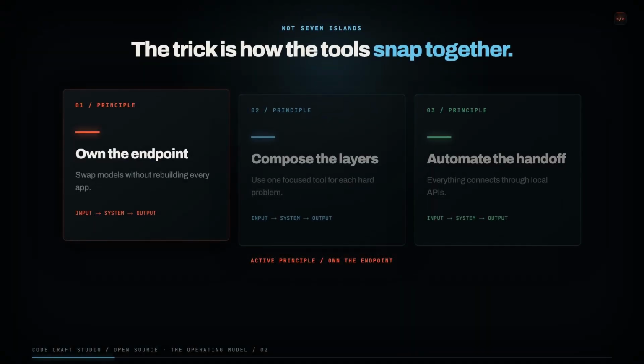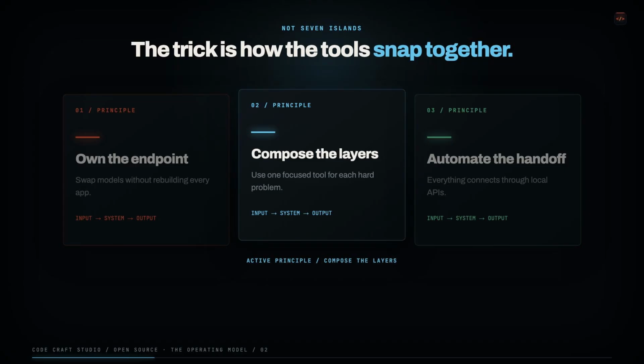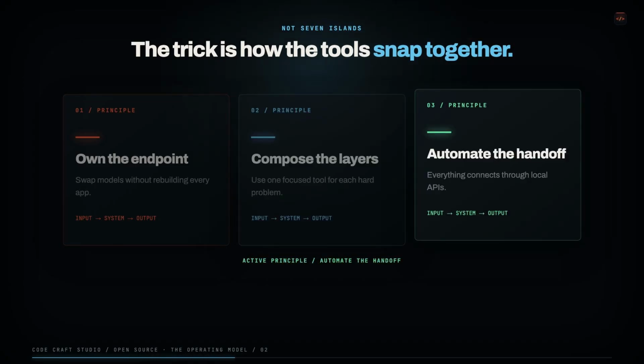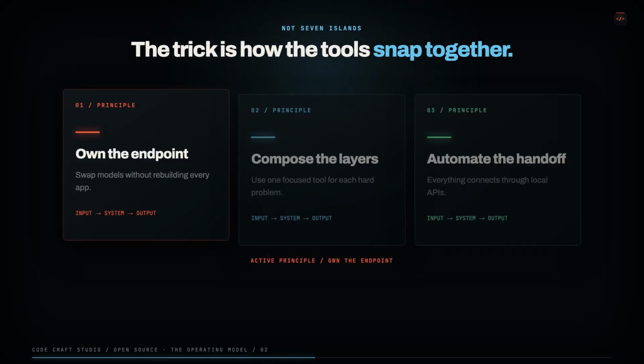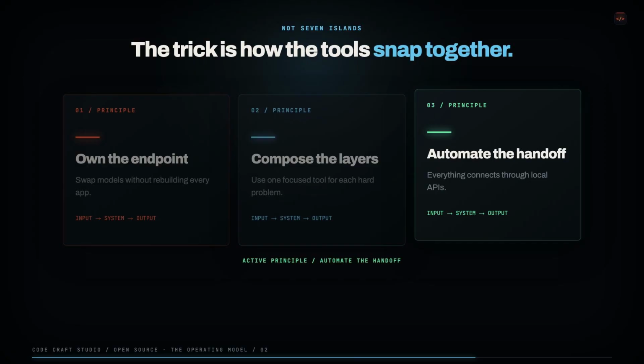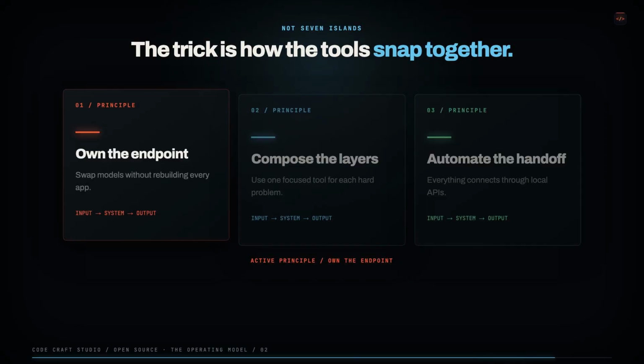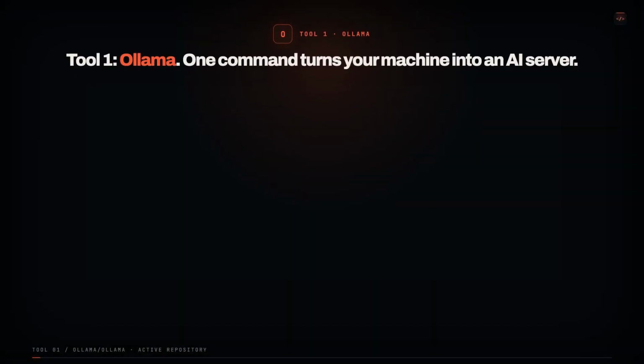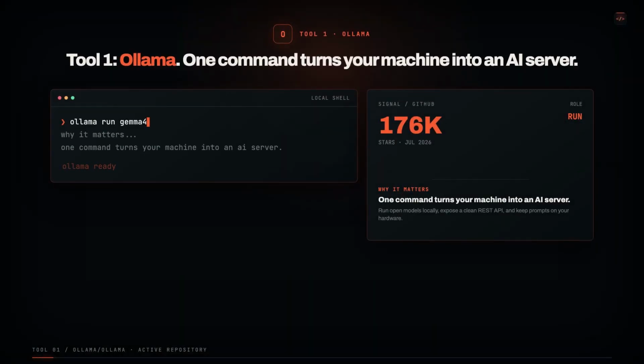These tools are meant to be connected. Their order matters less than the job each one handles. Ollama runs models, OpenWebUI gives them a friendly interface, OpenCode turns models into a coding agent. vLLM serves them efficiently at production scale. LiteLLM puts one gateway in front of every provider. ComfyUI turns generative media into repeatable graphs. And Unsloth lets you customize open models instead of accepting the default behavior forever. You do not need to install all 7 this weekend, but you can start with one which is actually the